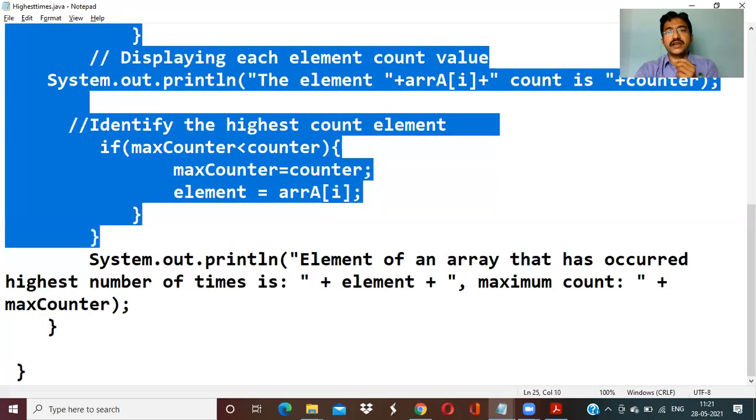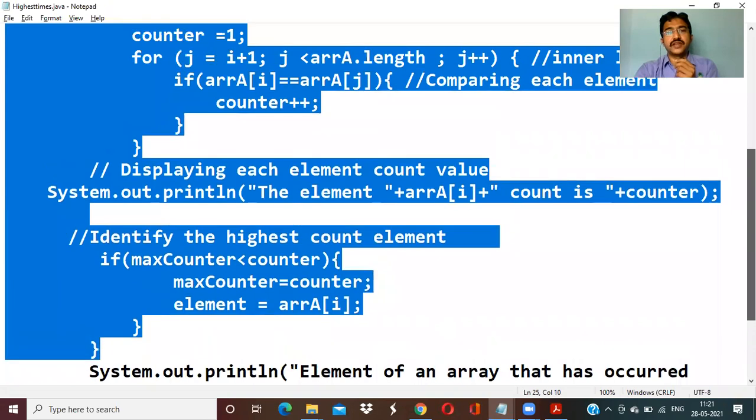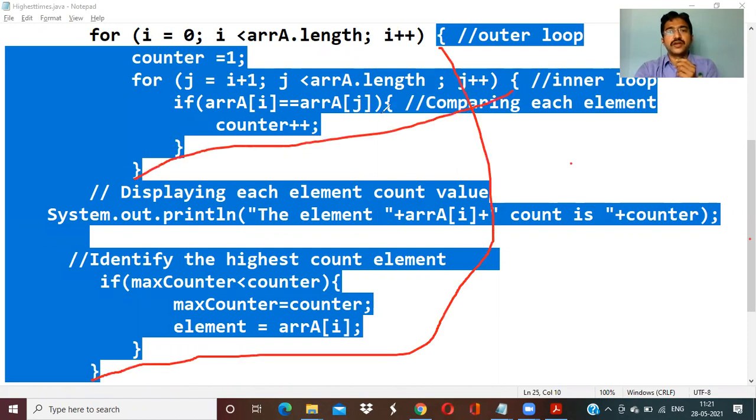From here to here is the inner loop, and this is for this if. So this is the outer loop.